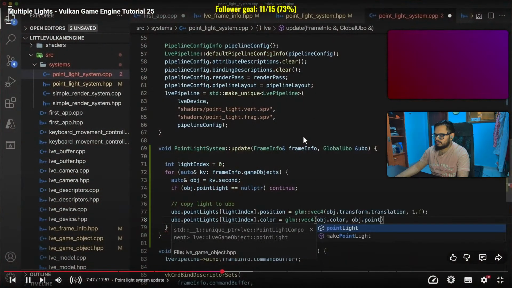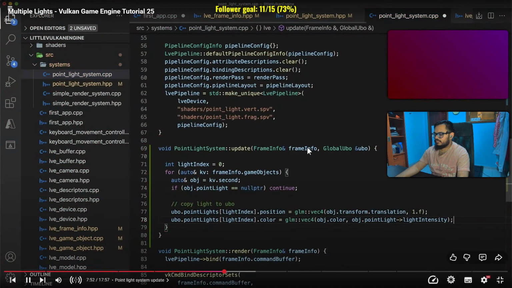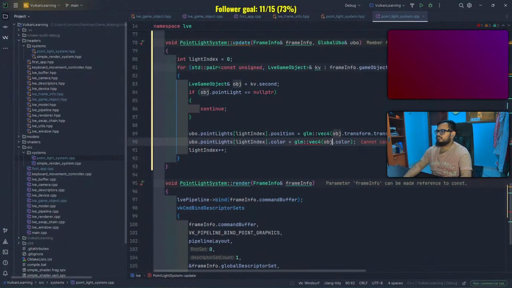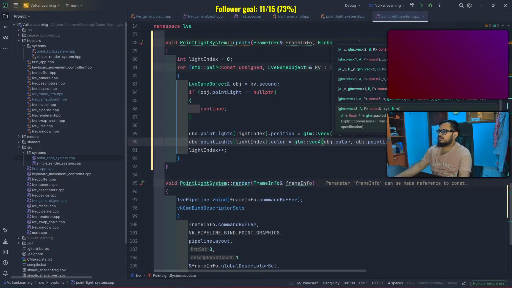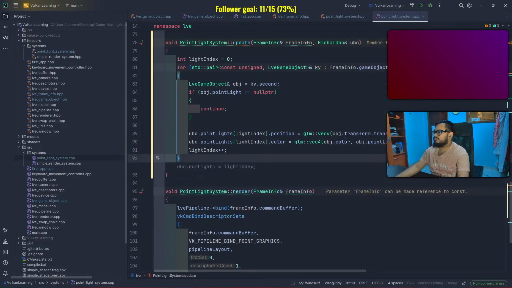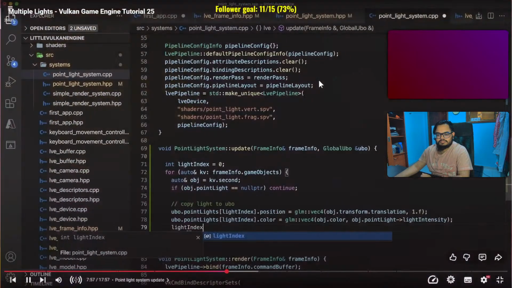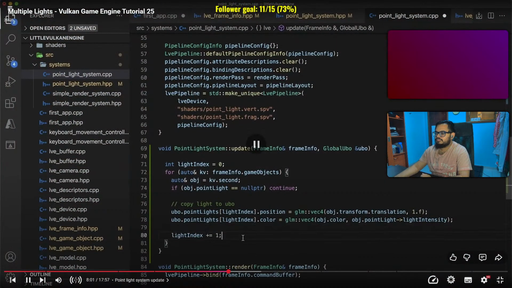Four. I have the W component set as 1, but this doesn't actually matter as this value will just be ignored. For the color field, the W component is the light intensity. After copying to the UBO, we increment the light